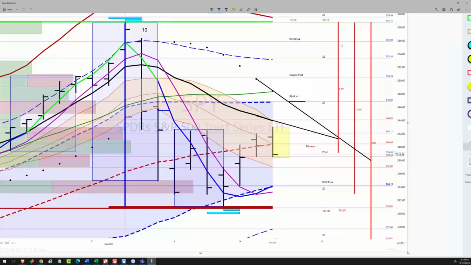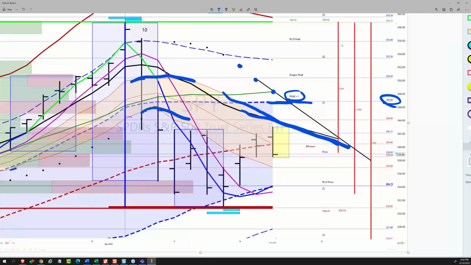Okay, so let's take a look at where we are. This is the market on daily charts. Yesterday we spent some time talking about the importance of the skin of the dragon, the upper skin of the dragon, and that 30-period regression line projection, and then this series of declining PSAR dots. This is going to be where the PSAR is tomorrow at PSAR +1, which co-locates with the Z1 score at 346. And then we've noticed how the dragon has rolled over.